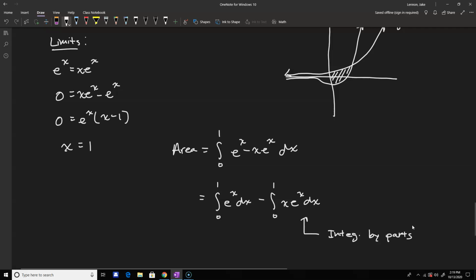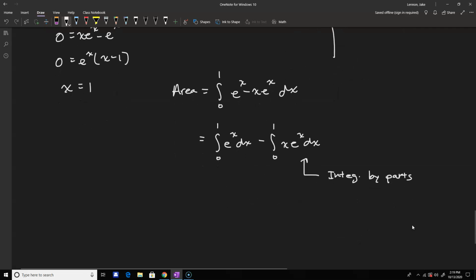You want to let u be x, and you want to let dv be e to the x. The antiderivative of the first part is e to the x, and then the antiderivative after we get done using the integration by parts is x e to the x minus e to the x, and this is from 0 to 1. So distributing that negative, we actually get an e to the x plus e to the x, so that's 2e to the x,